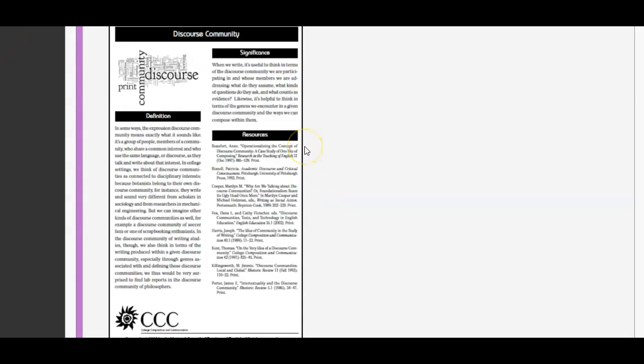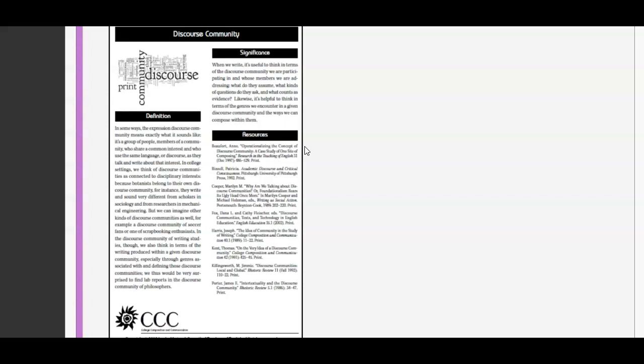The importance of thinking about discourse communities in this class is that it has practical application beyond it. When we write, it's useful to think in terms of the discourse community we're participating in and whose members we are addressing. The final part and project of this class will be to write a letter for change. We're going to be addressing a specific discourse community, and so in order to have that particular discourse community in